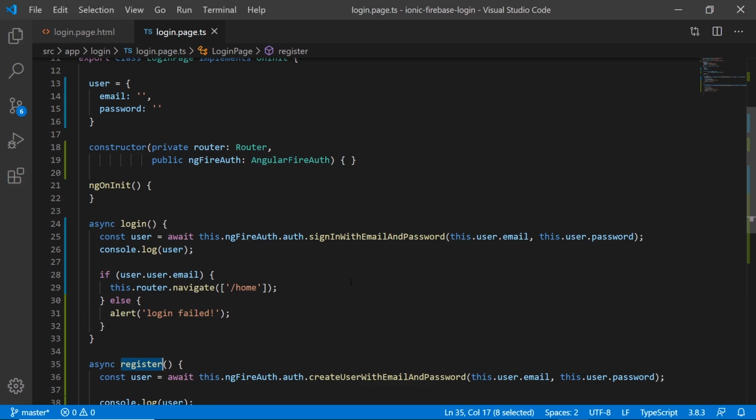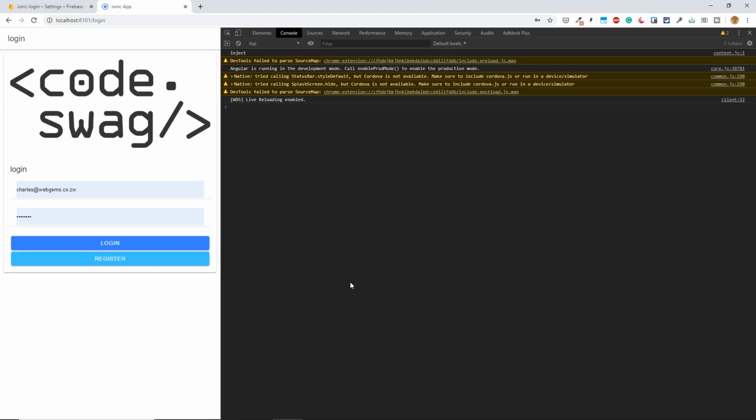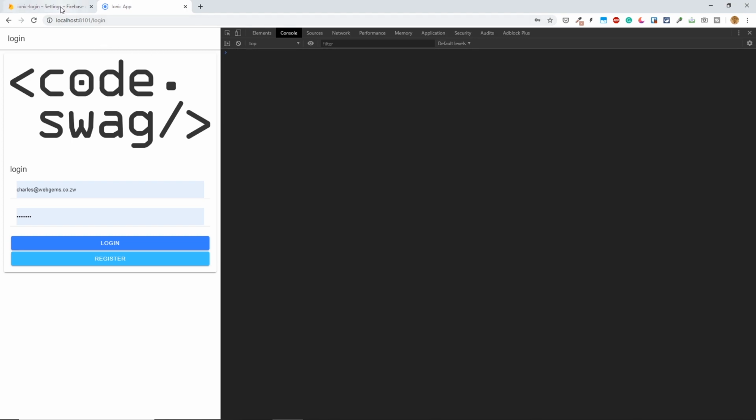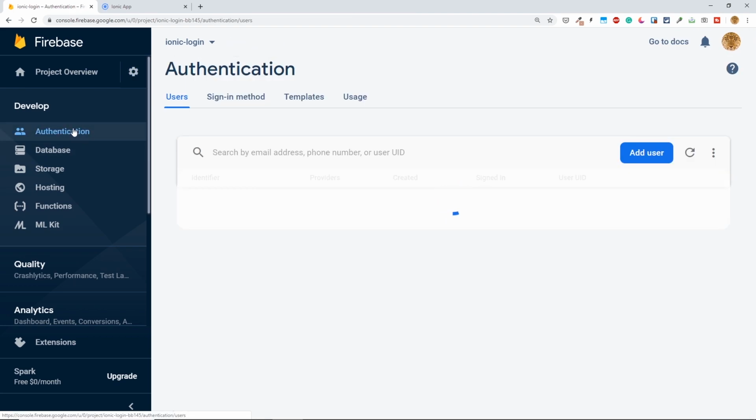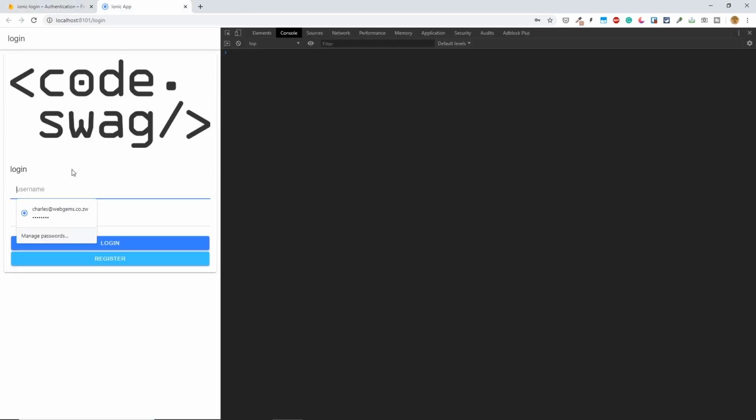Let's go to our browser and check everything out. Okay, so we are here in the browser. Let me go back to Firebase, and we want to go to authentication here. On this page, we can see the users. So we're just going to put in